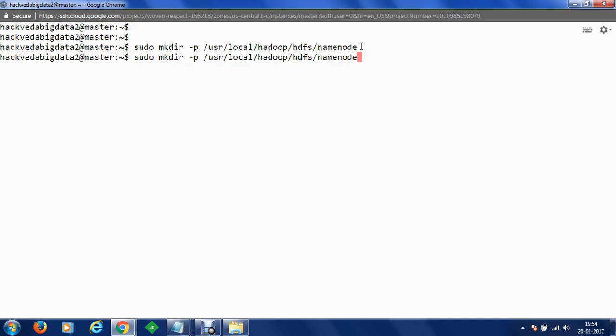Now we'd like to create one more directory, and this directory will be known as data node. So we have created the name node and data node. These directories will be responsible for analysis of your large or big data sets. And in order to confirm why I am choosing the name HDFS data node, or why this path,